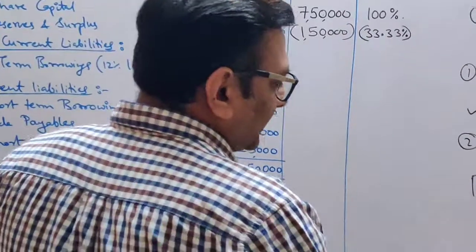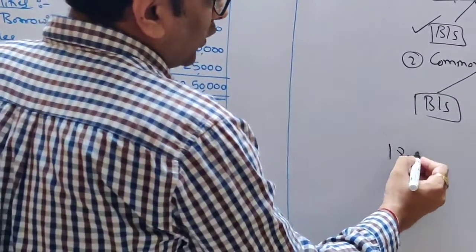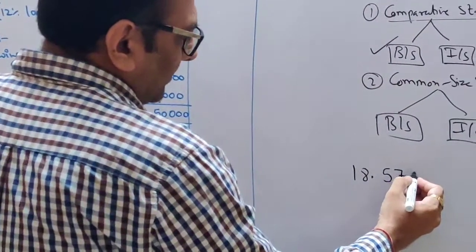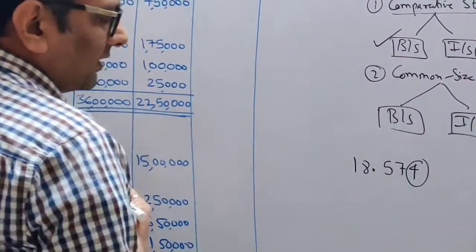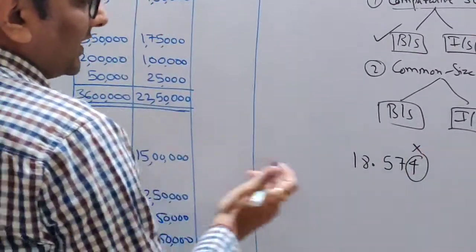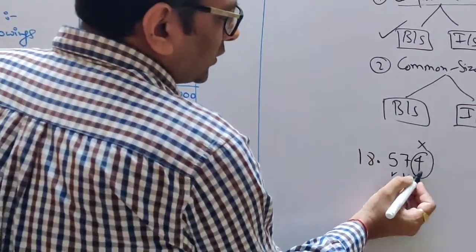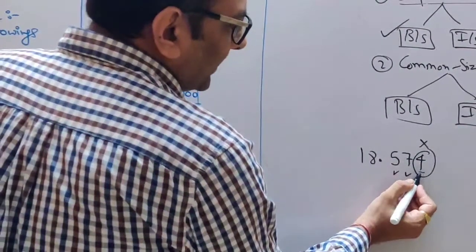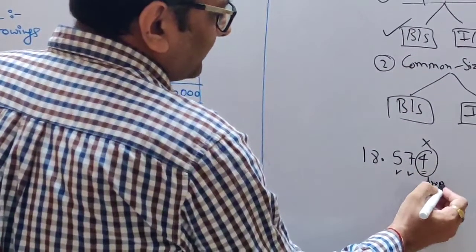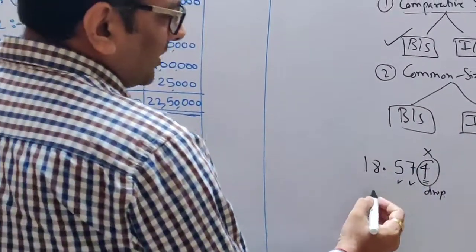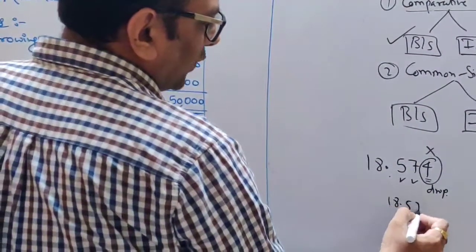What if you are getting more digits? Like I am taking one example here. Suppose your answer is 18.574. Now this is your third digit after the decimal. We don't write third digit, students. We write only 2 digits after the decimal. So now what to do with the third digit? You have to see if it is less than 5. You have to drop this. You drop this number. So what will be the answer you will be writing in your answer sheet? You have to write 18.57.